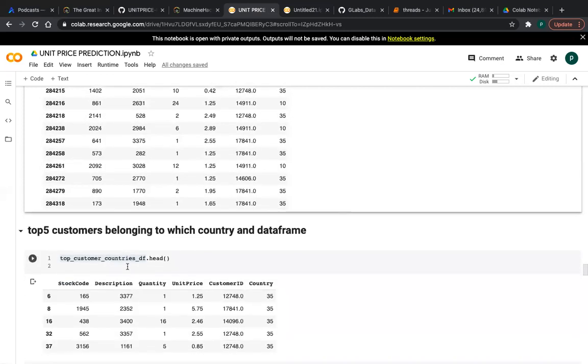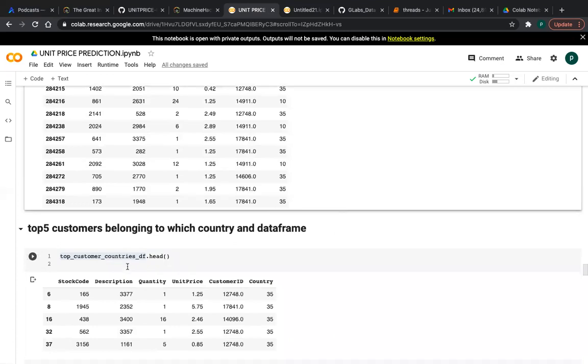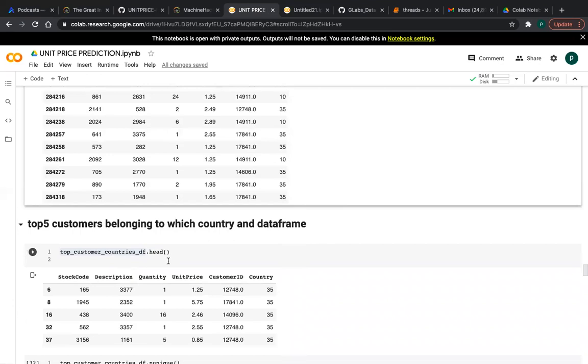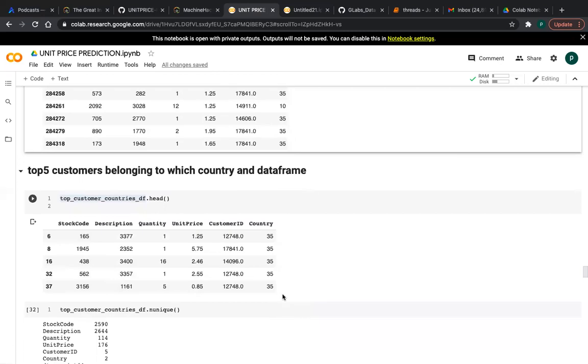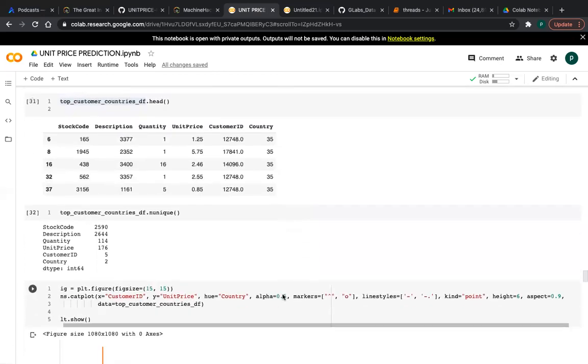So we want to know which country these top 5 customers are from. So this is top 5 dot df dot head from country. All are from country 35, because I am printing only 5 observations, friends. And after that we want to know how many customers are new, or the quantity of new customers.